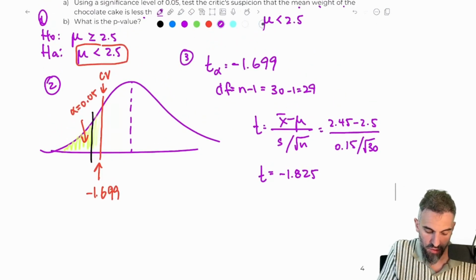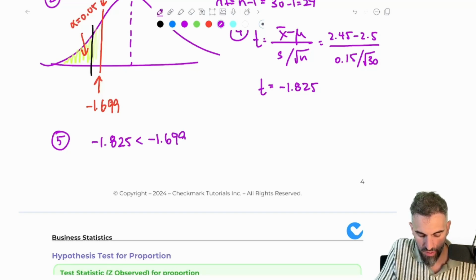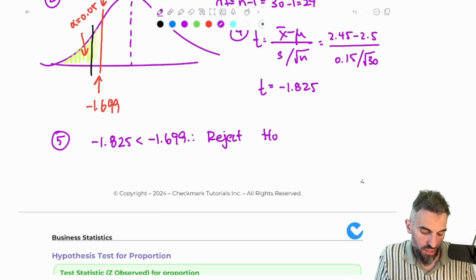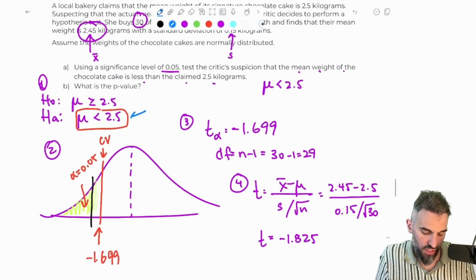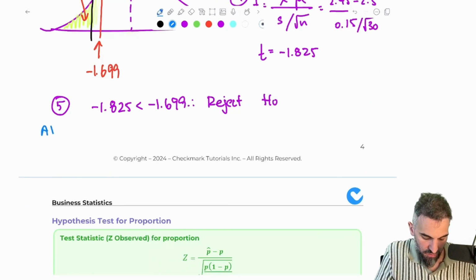Sorry, this was step 4, not 3. So your step 5 now, the conclusion is that we are going to reject. So we're going to say that negative 1.825 is less than negative 1.699. Therefore, we reject the H0. We reject H0 in favor of HA. So we can say, again, that at a 5% level of significance,